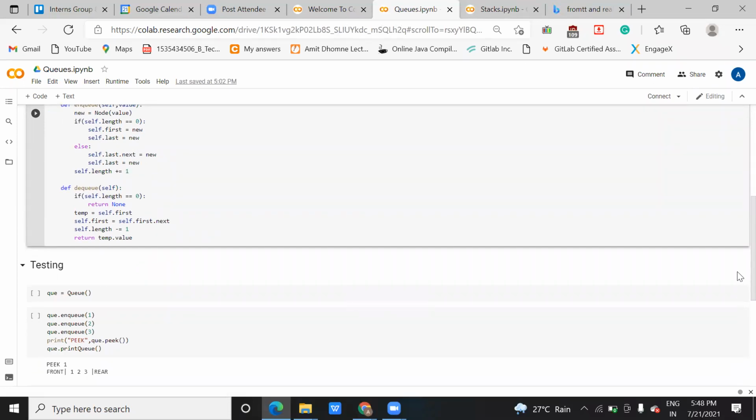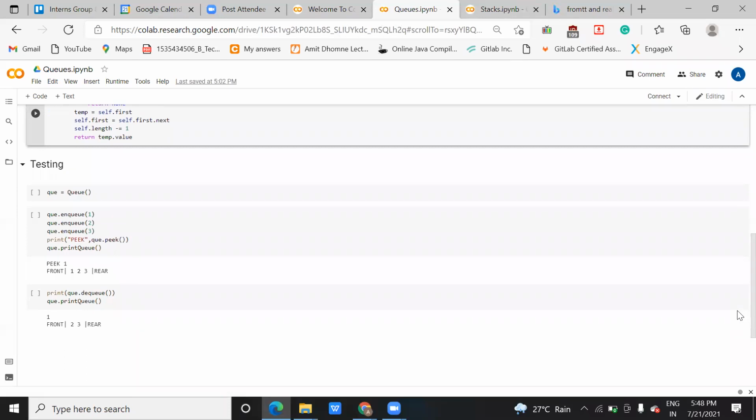Stack is last in, first out, right? Correct. And queue is first in, first out. Whichever element comes first, that is why it is printing the first one. Just think of it like in a school where you are waiting in a queue, standing for your turn.